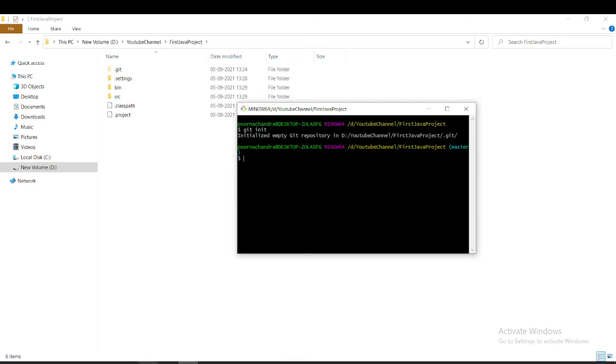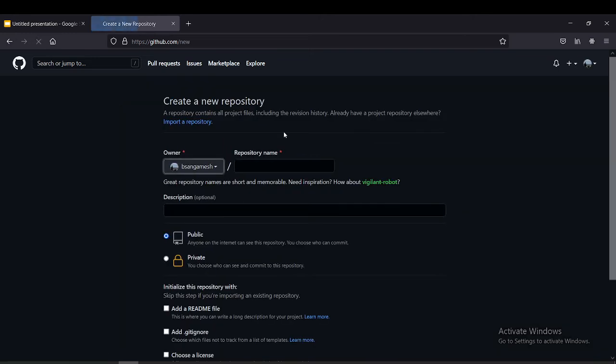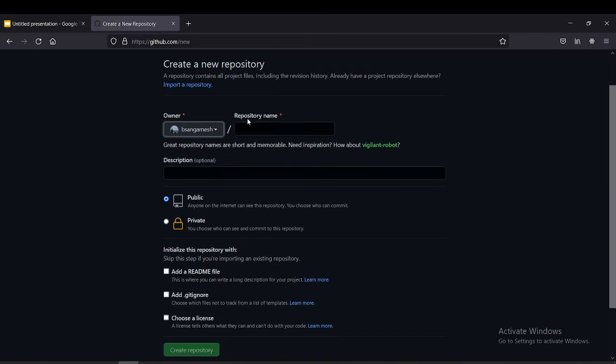So let's go to the GitHub website, and here you can see I have already opened my account, and there is an option to create repository. Let's click on this, and it will ask for some information for our repository, and specifically it's asking for the name. So let's give our repository name first, Java project, and description. Let's add some